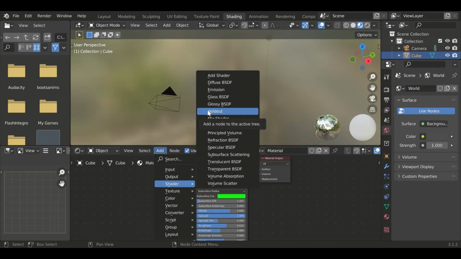a holdout, a mix shader, which mixes multiple shaders and then gives the output, principled BSDF, which is what we started with, principled volume, which I do not use because principled BSDF is essentially the same thing, refraction BSDF, so a surface designed specifically for refraction, specular BSDF, so a surface specifically designed to be reflective like a mirror,